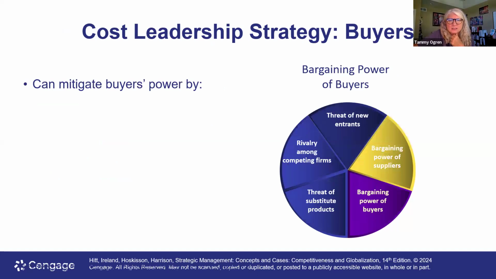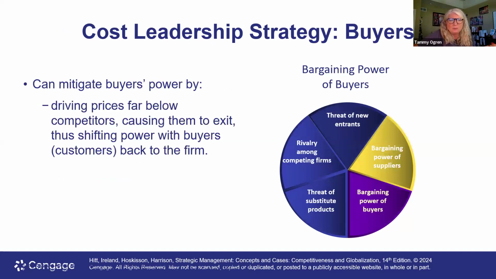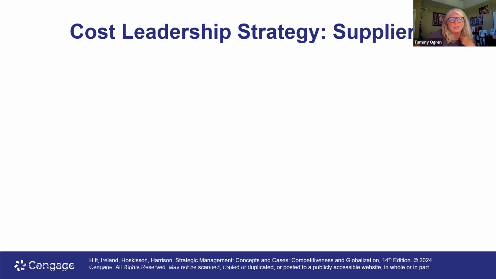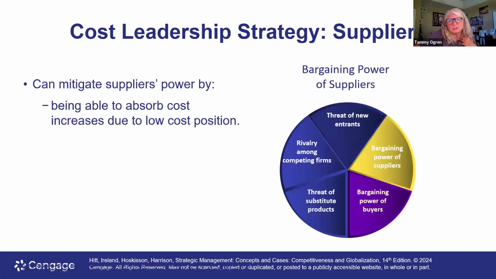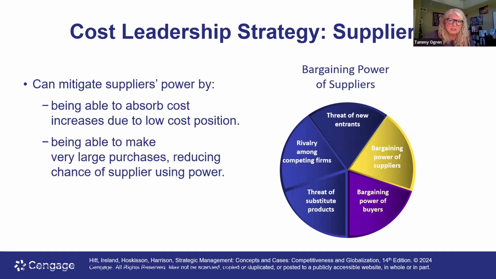So achieving that low cost place again is driving my prices down as far as my supplier exit. And we can mitigate our buyer's power by looking for other alternatives as well. So when we're looking at our suppliers, then when we're a cost leader strategy, then we have to look at how to achieve